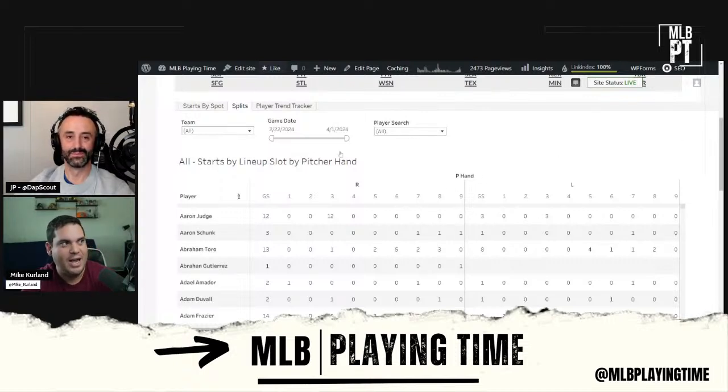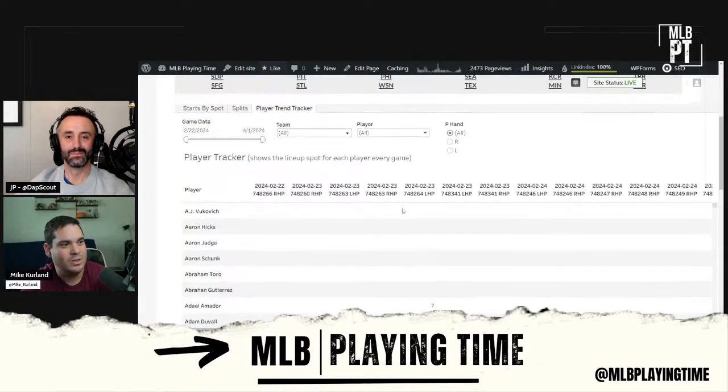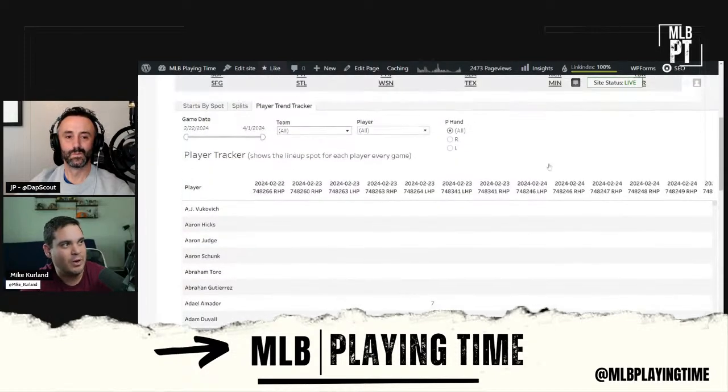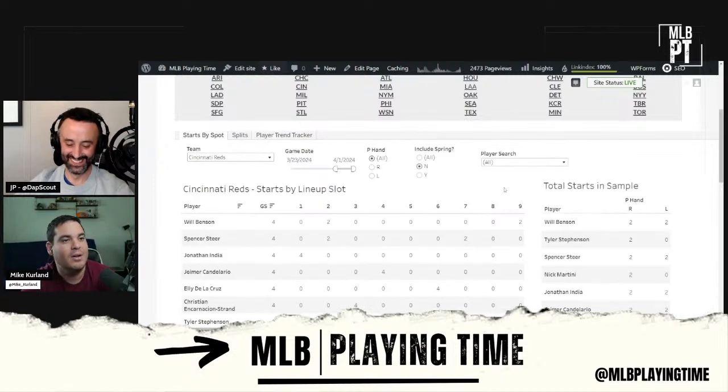But just the actual information of knowing who bats where and when over set dates. And this one's a little more, the other was a player trend tracker. So it gives you kind of like a set. You can set a date range again, and you have to look up the team or player, and it shows you. This one's a little more tough, but it shows the date, and this one's actually almost redundant. I have to get this fixed up. I can almost get rid of that one, but this is one I like to play with.